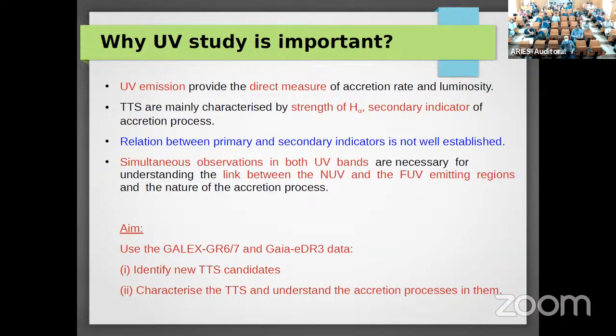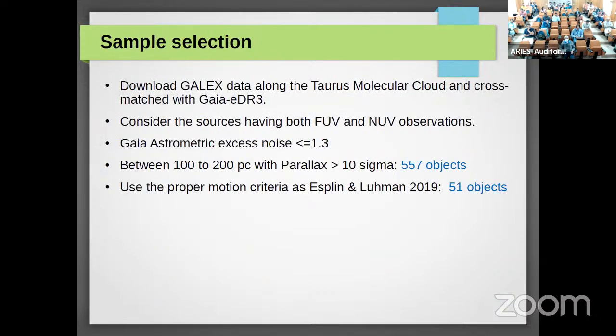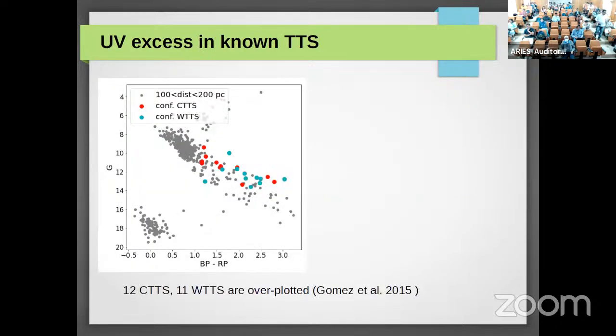For the sample selection, for the first case, we have used the Taurus molecular cloud as a target, and later we thought of moving to other star forming regions. We have used all the stars which are at 100 to 200 parsec distance using Gaia, and also use some astrometric